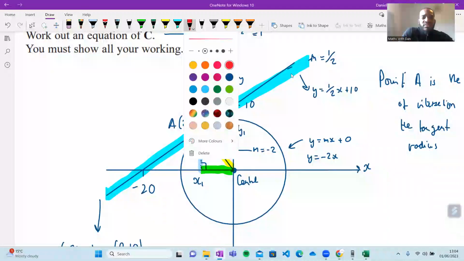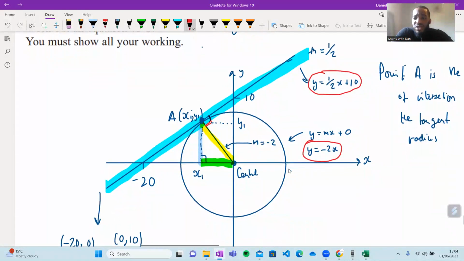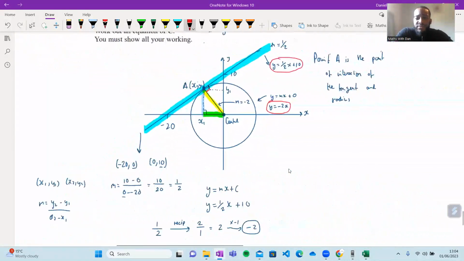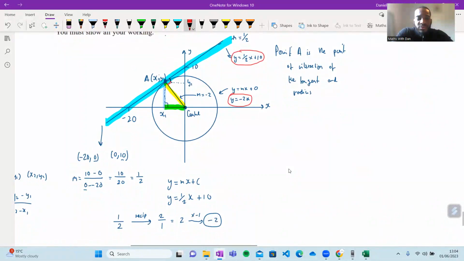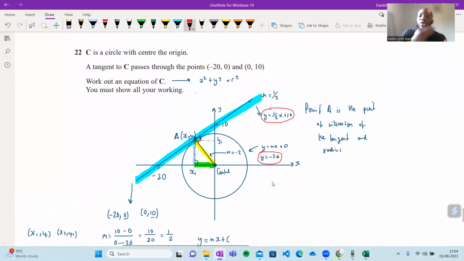So this here is one line, this here is another line. We all okay with that? Nearly done, don't worry. Okay, cool. Now remember, never lose sight of what you're trying to achieve. What was the whole point of finding these two lines? Because it's the point of intersection, that coordinate A. If we can find out the coordinate A, we can figure out what the radius is, and therefore we can answer the question.